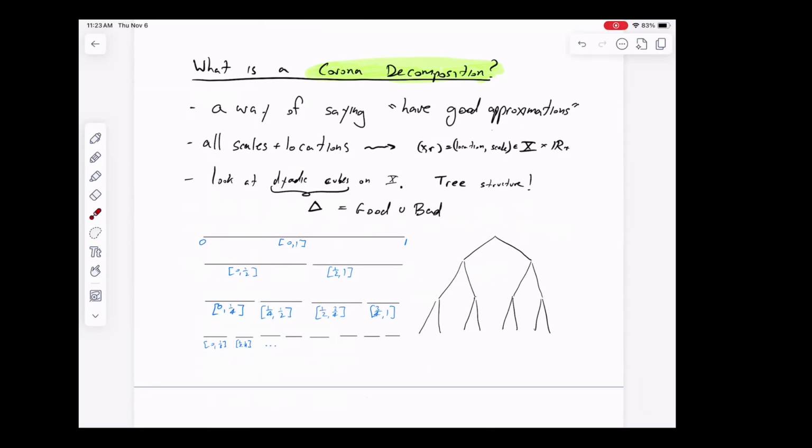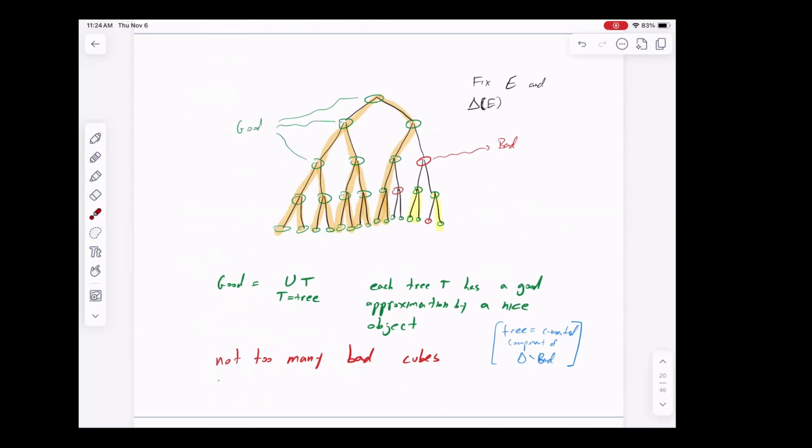I want to think of my space for a minute in terms of its dyadic decomposition, and a good model is to think about the unit interval being decomposed into dyadic blocks at all different scales, and this gives you some tree. It has some good cubes and some bad cubes inside this tree. Here I drew some of these green, so they were good, and some of these red, and they were bad. Okay, and I'm going to think of cutting this big tree.